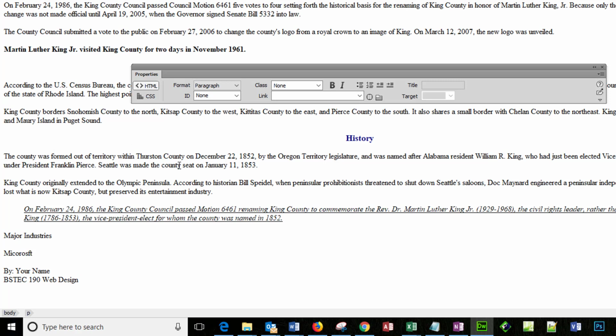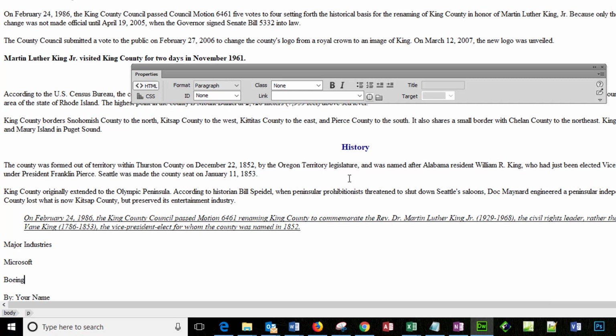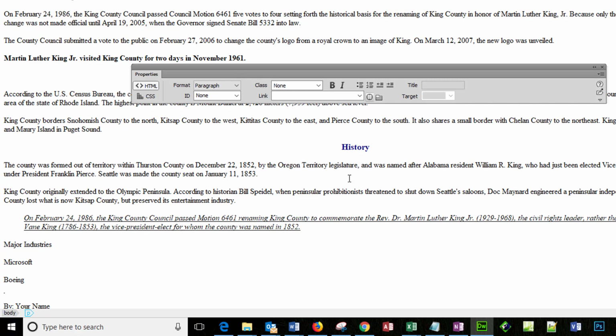I can apply the bullet right away, or I can type them all, then apply the bullet. I'm gonna do it both ways. I'm gonna do first Microsoft. I know I misspelled this one. Then Boeing. Then I'm gonna stop with T-Mobile. So what I'm gonna do is apply the bullets to this by highlighting all four of them and applying